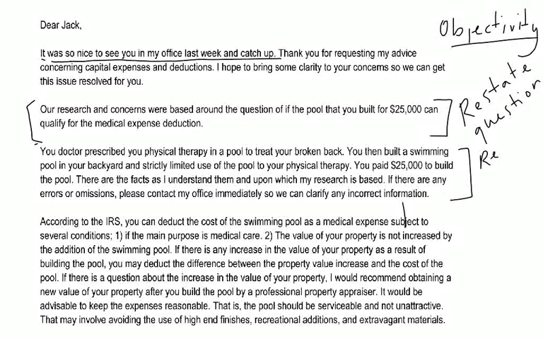And this is where you're going to restate the facts of the case. So again, this almost becomes a form, and you'll want to do it this way every single time you write a letter. So you'll have your intro paragraph, then you'll restate the question, then you'll restate the facts,